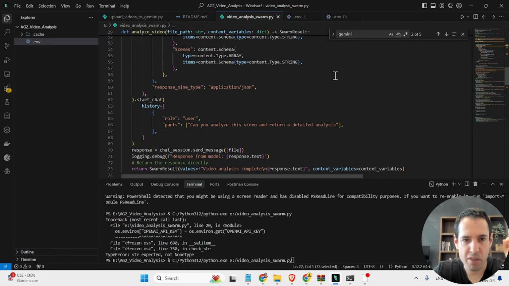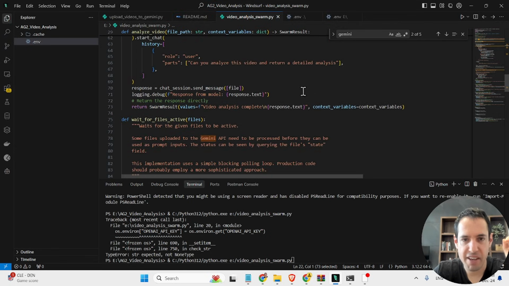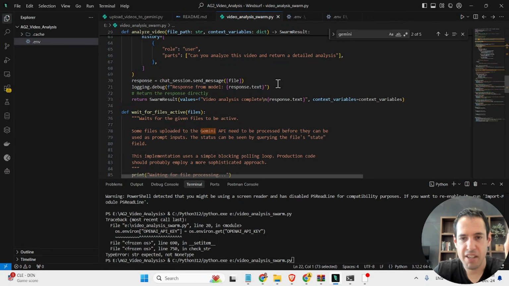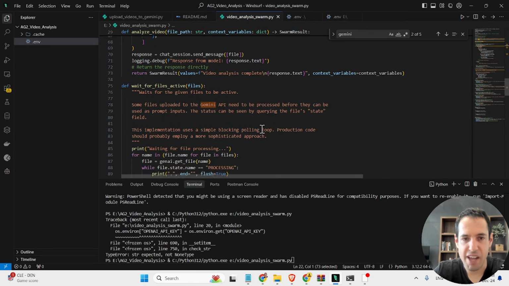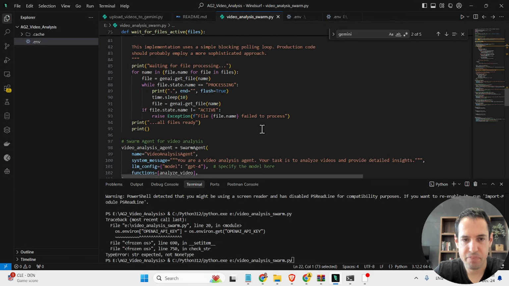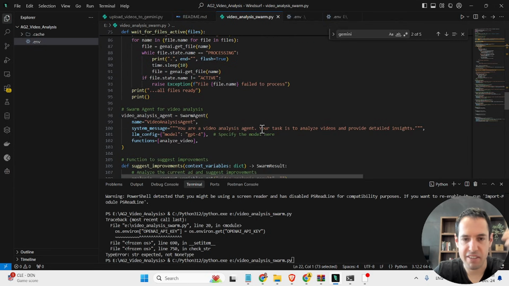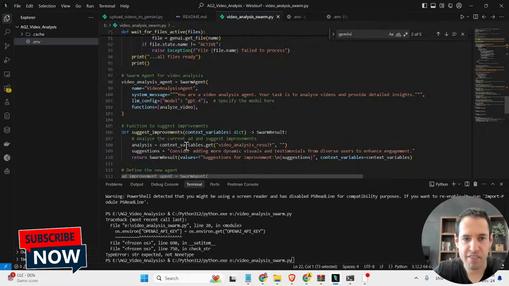I won't go into too much detail, but basically we are sending out the file. I'm telling it exactly where the file is located locally. It's going to upload the file to Google Gemini, analyze the file, and return a structured output. And then we have the